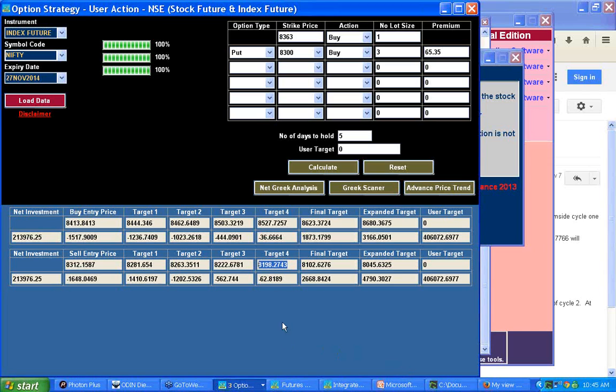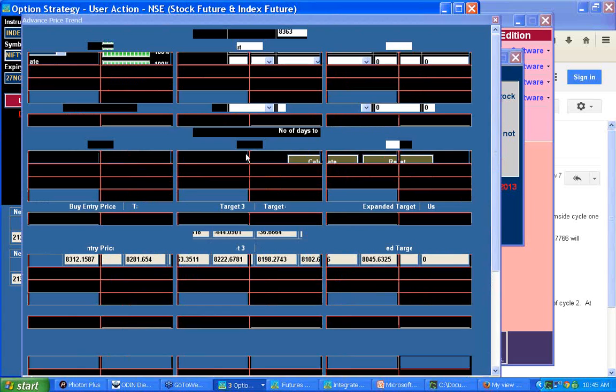So these are the levels as per the volatility we are expecting in the coming 5 days. If one level is crossed, then the next is expected, the next is expected. But this is not the actual trend. So let me identify the trend.